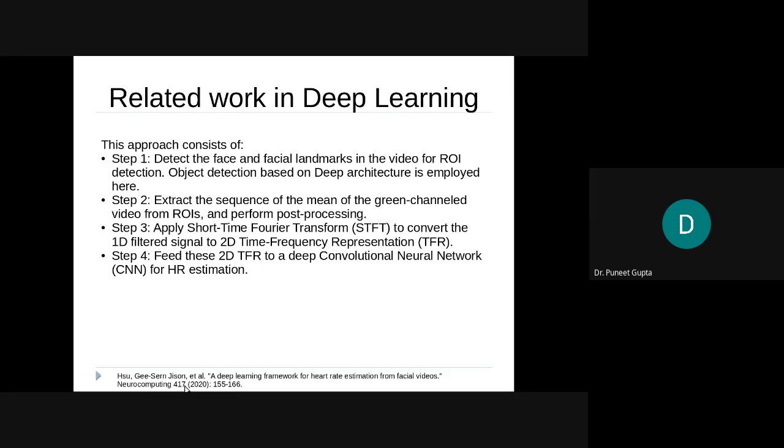That's what I was saying: for each of the steps, if you clearly understand what exactly the input is, what exactly the output is, and what the purpose is, then you can simply replace those steps with deep learning for better results. But be cautious, because deep learning has this problem that its training is not that straightforward.